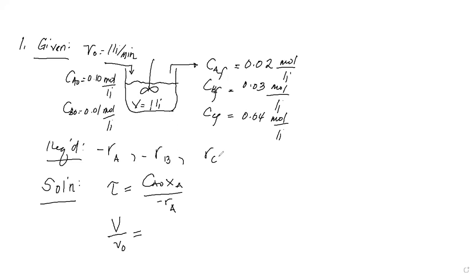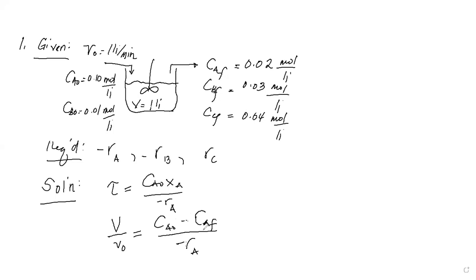Based on what you have learned with kinetics of homogeneous reactions, what is the reacted amount of A? 0.10 minus 0.02. Thank you, very good. The reacted amount of A is the initial amount minus the final amount. What you have initially minus what you have left is the amount that has reacted, right? So we place here,